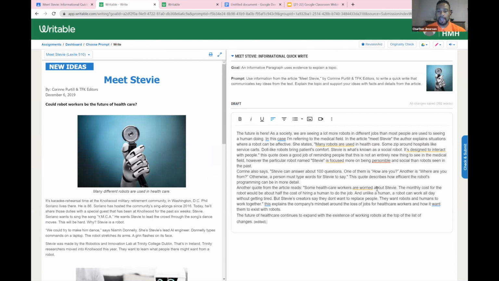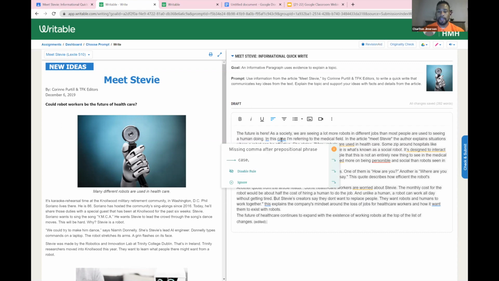If I had typed this either over the course of one sitting, or I can always write and come back to it, as Writable will auto save the writing, so it's no worries there. The student can continue to write and we will save the work. But in this case, I've got my writing here, and as you can also see here, we have some AI insights working in the background for this assignment, and visible to the student and teacher